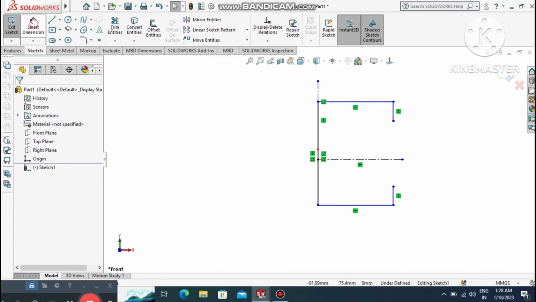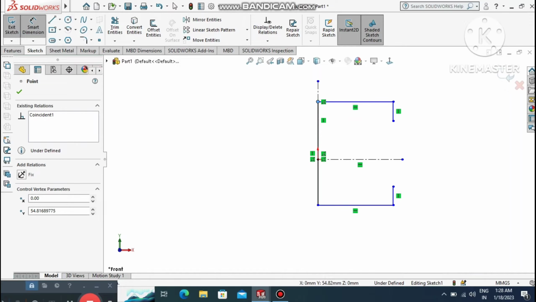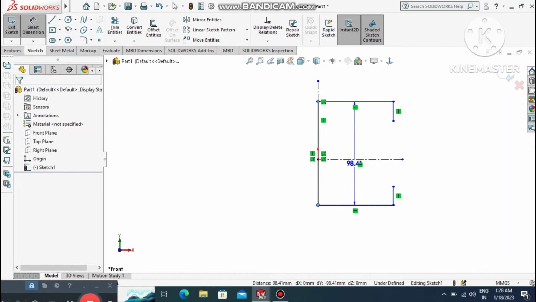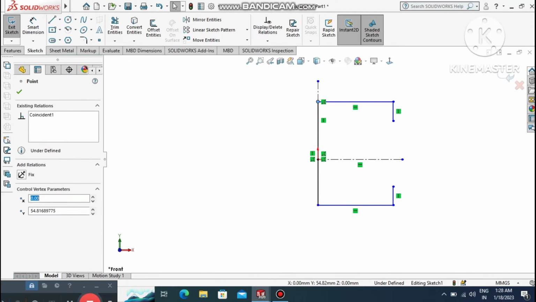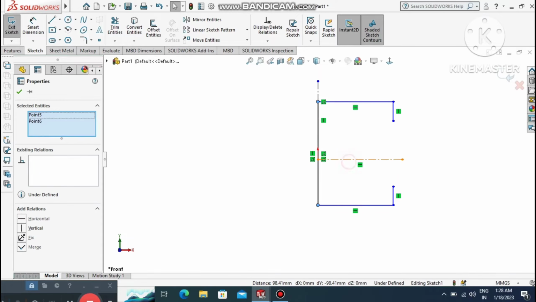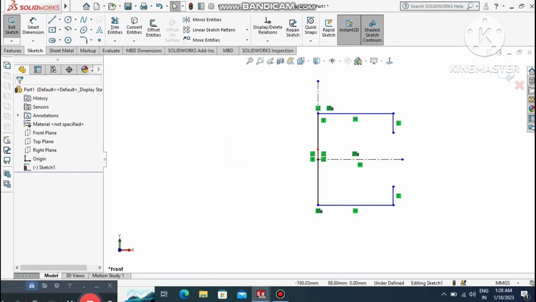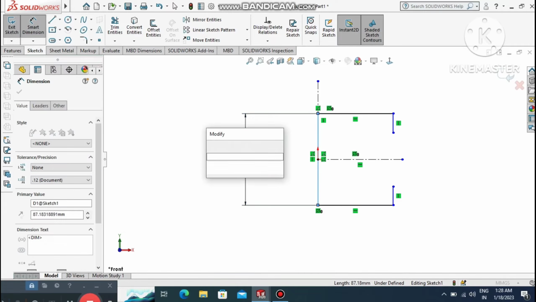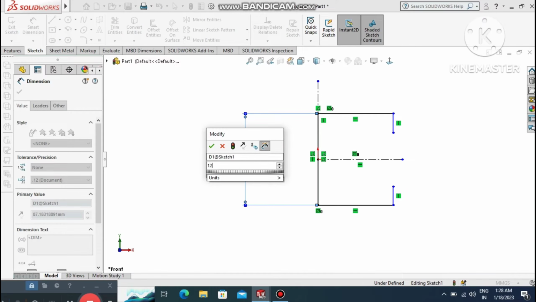Okay, now go to the smart dimension, select this point and this point. First we make the relation symmetric. So first select this point and this point and select the center line and make the relation symmetric. Okay, so it comes to a mid position, and here we go to the smart dimension, select this one and